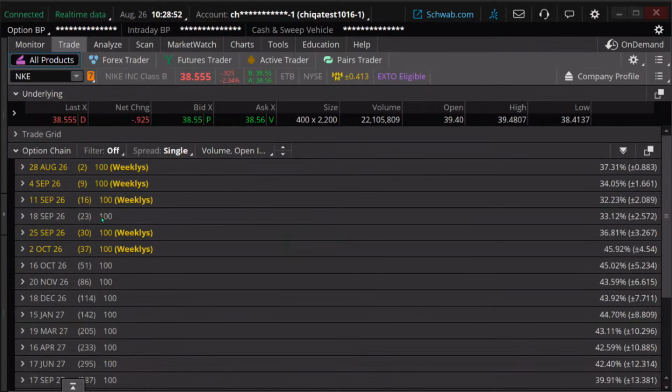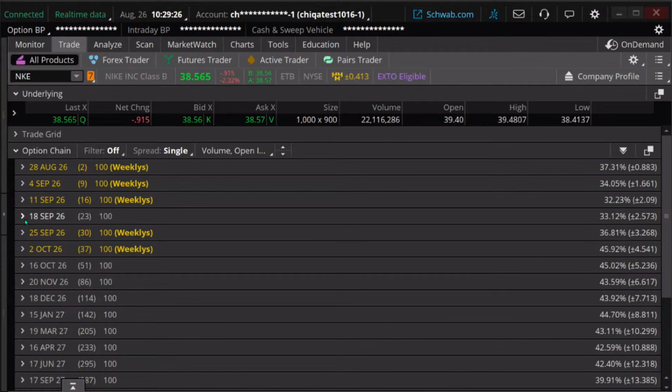Usually you can see when earnings is by looking at your implied volatilities. When you get a big jump in implied volatility in the later date, like you do here, usually that means earnings is before this contract, but after this contract. You could double check, but that's typically how that is. Regardless, I'm going to go to our monthly contracts on that.